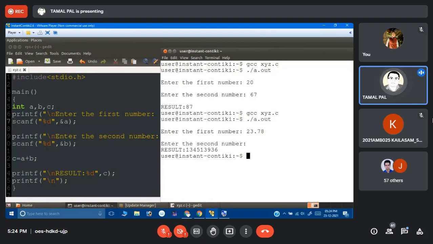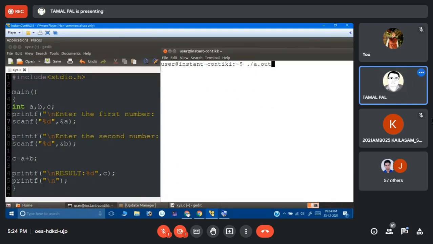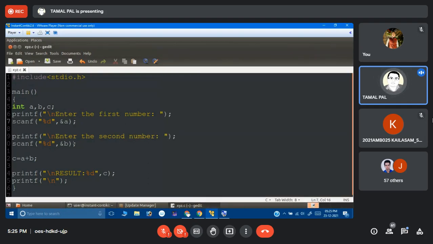They are actually accepting these as the second number. That is the problem. This is being accepted as a second number.